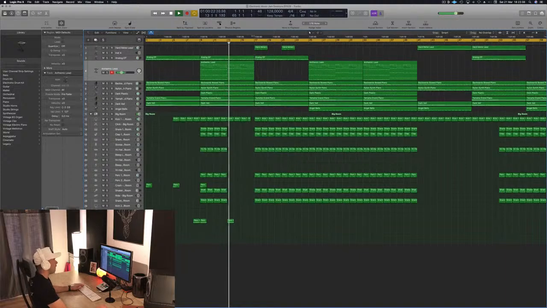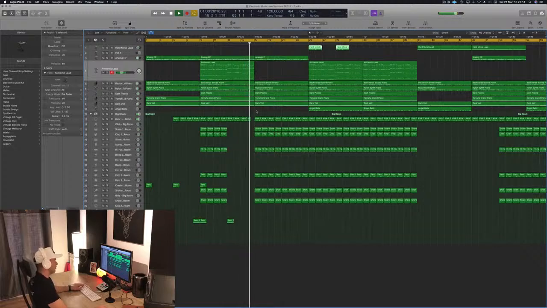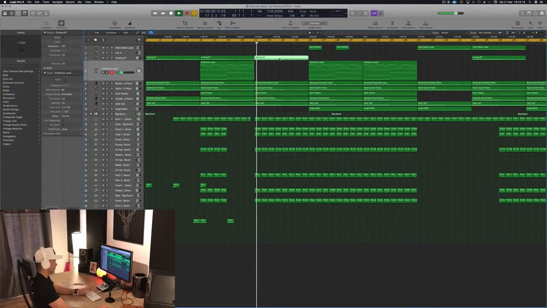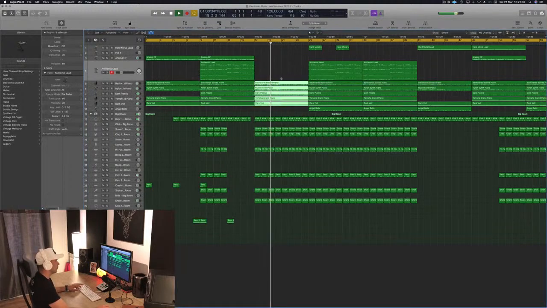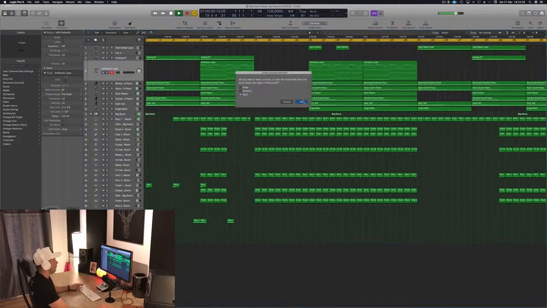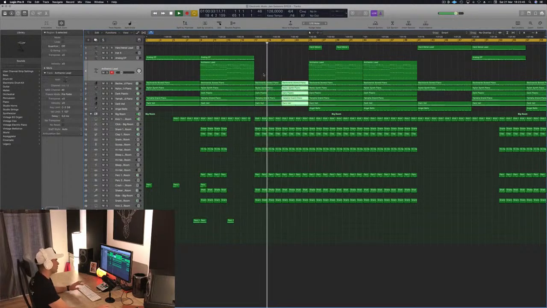And then here would probably go into the main verse. So I have to think about leaving room for this imaginary singer that we have, and doing something like that. I would also do this. I'm gonna repeat this. So let's say there's a verse here, there's another verse there. I'm gonna